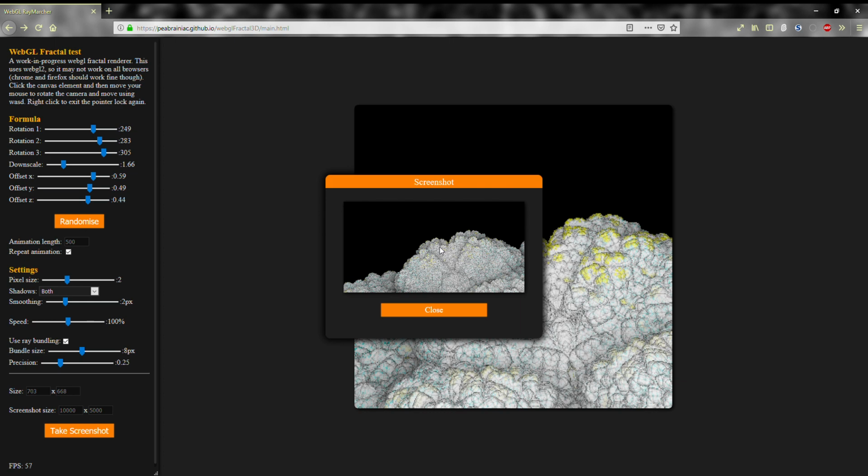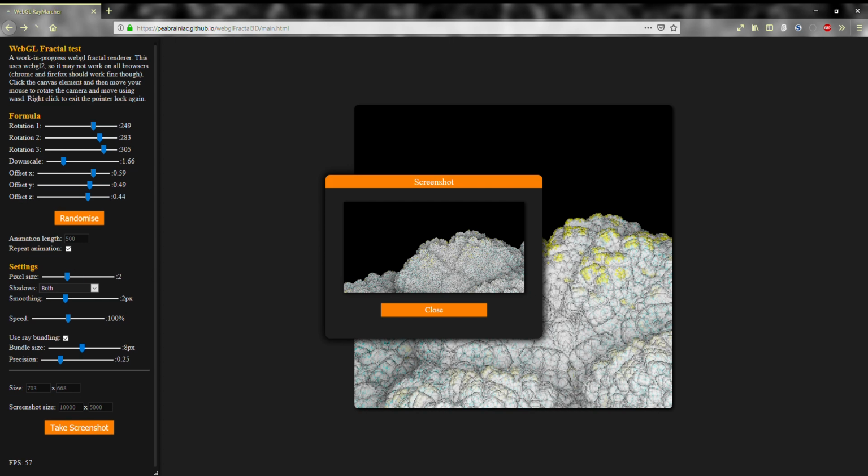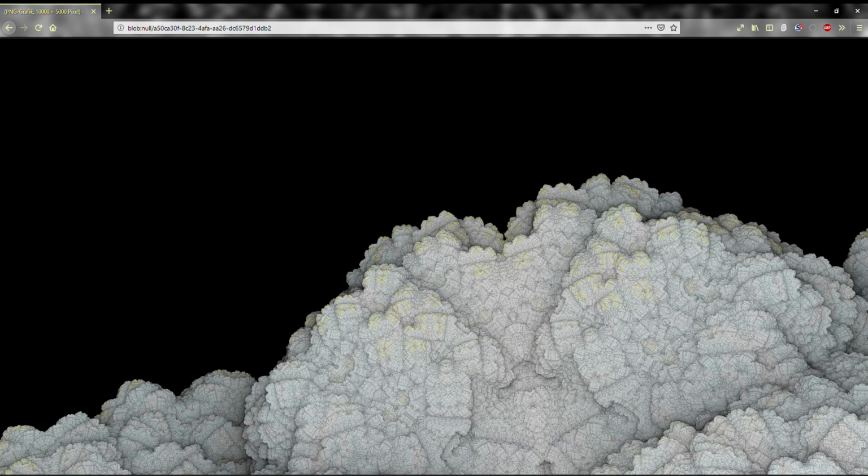That's interesting. So what would have been expected is basically that the browser would lose the WebGL context in this case, and that would crash the page. It didn't in this case, but just be aware that this is also something that can sometimes happen.